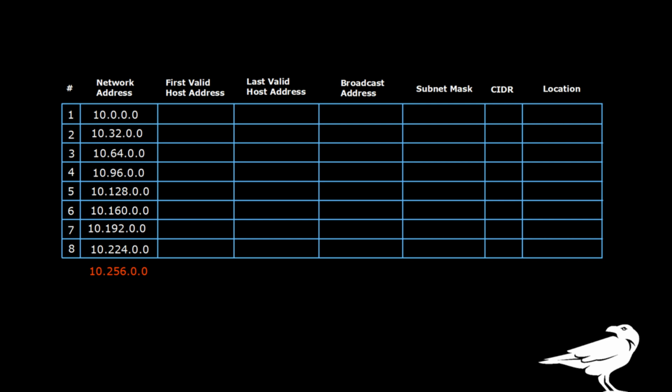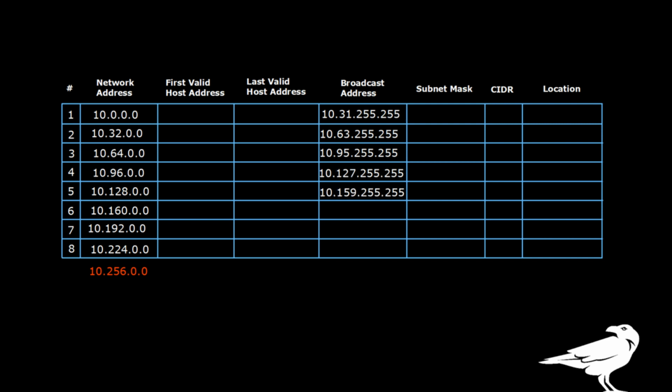So the broadcast address, remember, what we do is we look at the next network address and subtract 1 in binary from it. So for the first network, we're going to work that out, and the second network is 10.32.0.0, and if I subtract 1 from that in binary, and then put it back into decimal, that'll give me 10.31.255.255. For the second network, I'll look at the third network address, which is 10.64.0.0, and if I subtract 1 from that in binary and put it back into decimal once I've done that, it'll be 10.63.255.255. The next broadcast address is 10.95.255.255,